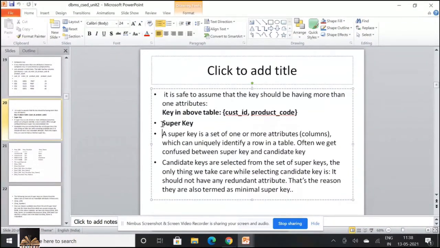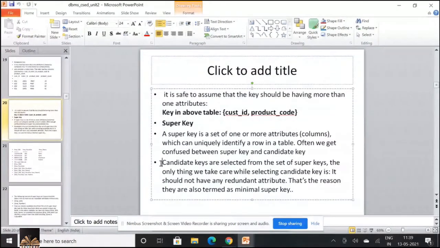So a super key is a set of one or more attributes which can uniquely identify a particular row in a table. And as I've already mentioned, candidate keys are selected from the set of super keys.